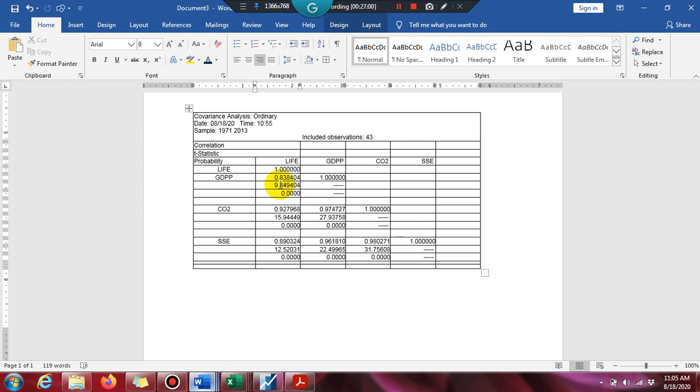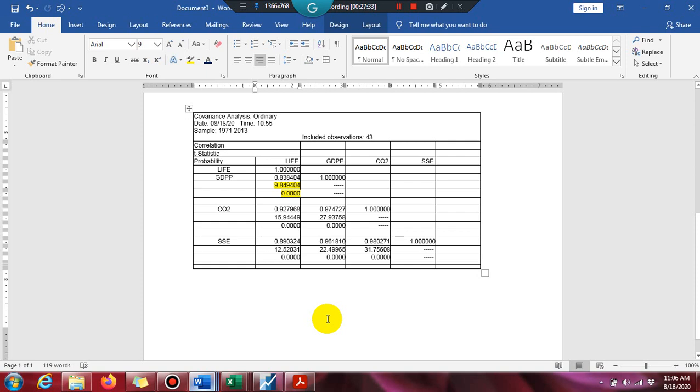Normally we can say that if the t value is near to 2 or greater than 2, then the relationship between the selected variables is considered significant. So this is the simple interpretation of t and p value.